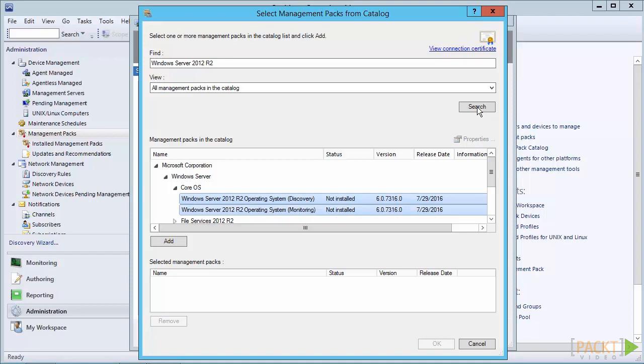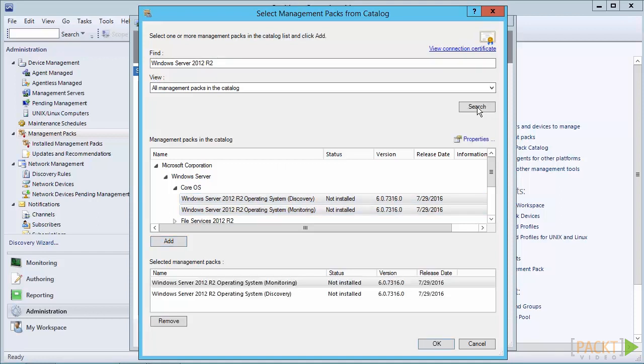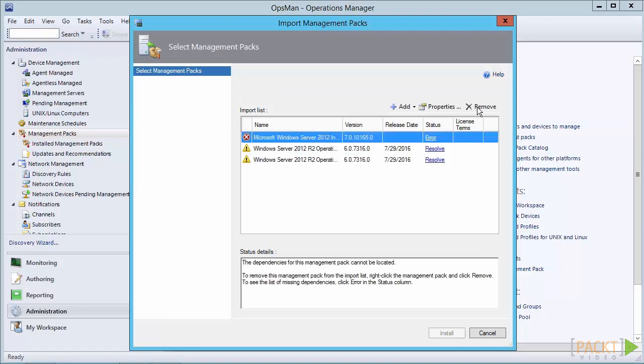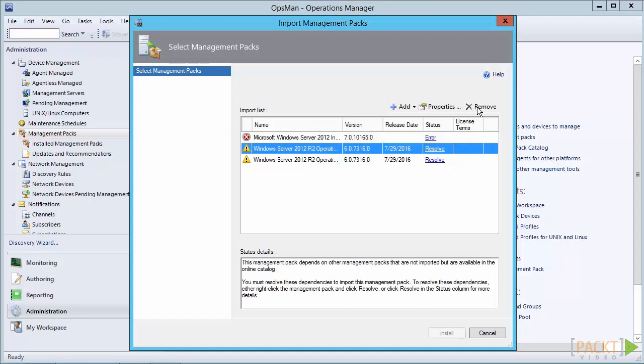Now, when I download this, I'll discover that there are some dependencies that go along with these two management packs also, and I'm going to resolve that via the catalog. So I'll click Add. So it's adding both of these management packs, and click OK. And now I have a little yellow warning. In the warning, it is telling me that the management pack depends on other management packs that are not imported, but they are available. So if I click Resolve,